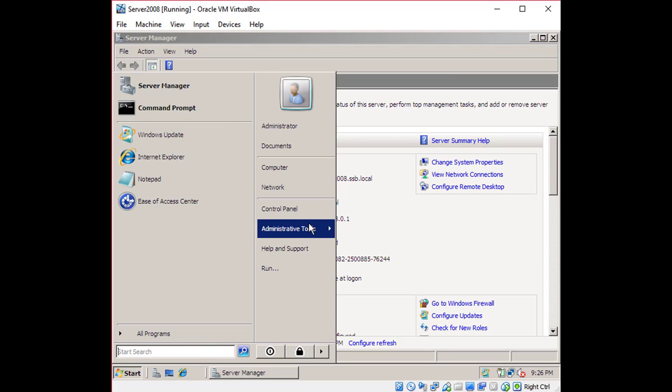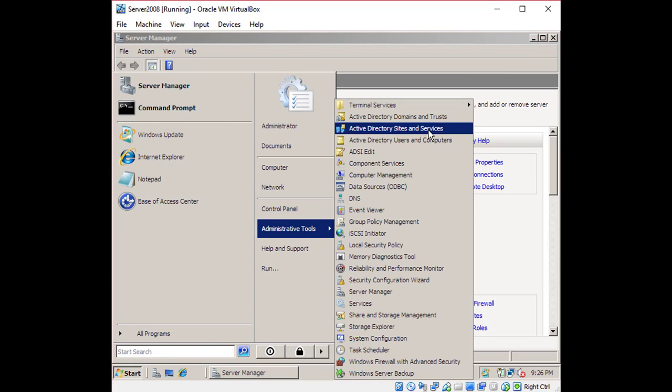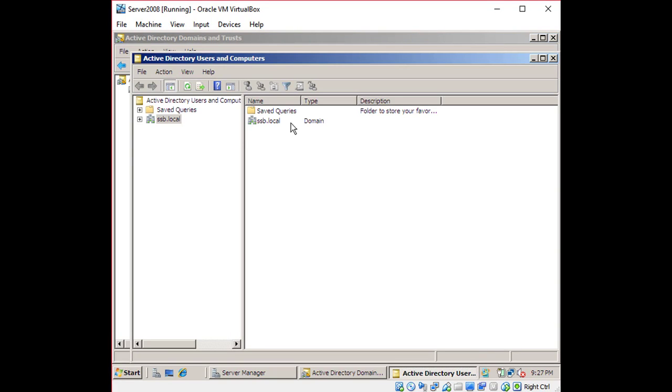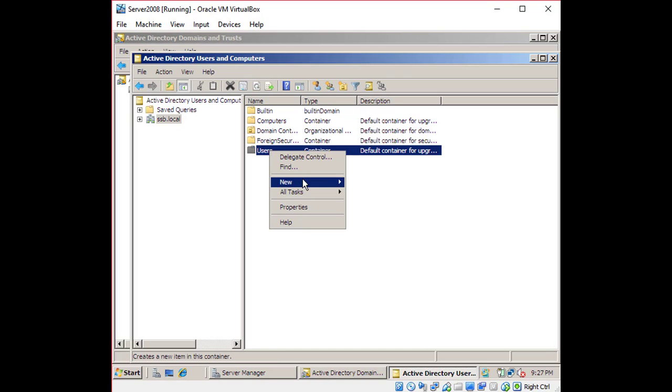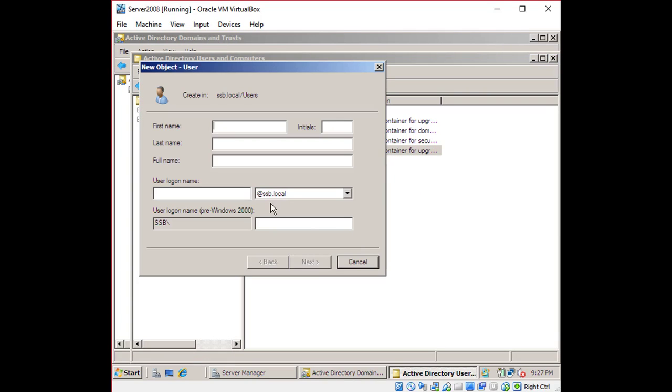So we're going to go to Start, Administrative Tools. Now we're going to go on Users, then New, and scroll down till we hit User. And it's going to prompt you for a new object. So what you're going to do now, this would be your user. So for the sake of this tutorial, I would use my first name and then create a login name. So I'm going to just name mine as Bravo,